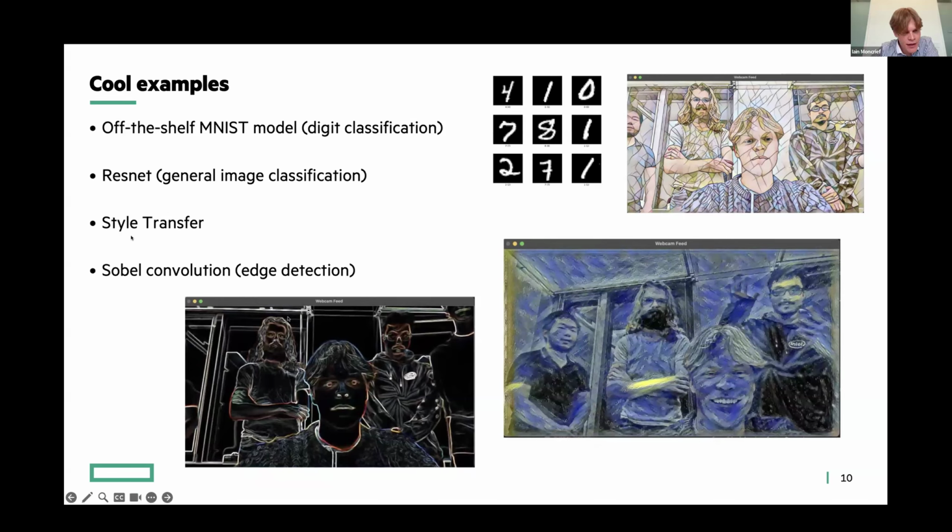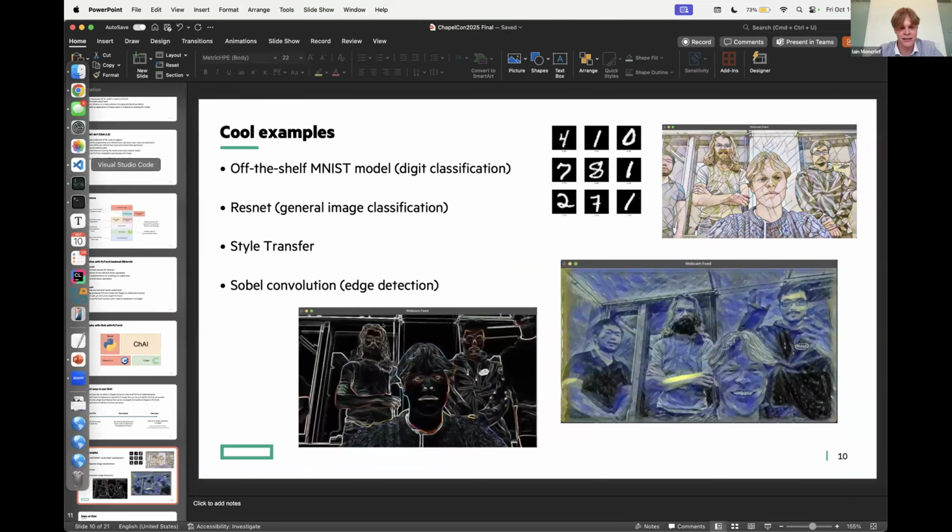And then in the last year, we developed some pretty cool examples. One is a style transfer, which takes an image feed and gives you that image in the style of Vincent van Gogh's Starry Night, or in this other one, I forget what painting this is, but it's a mosaic painting. Or you can do a very primitive operation, like a Sobel image convolution or an edge detection operation.